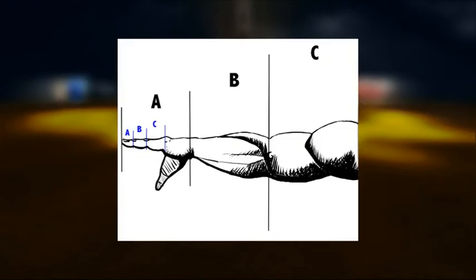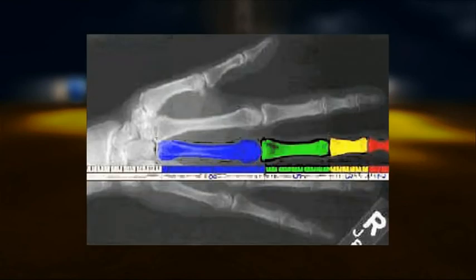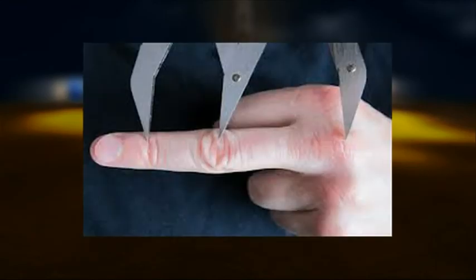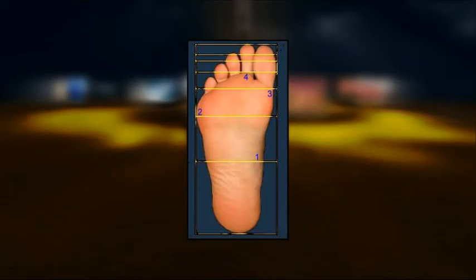Because God designed arms to be not only very efficient, but very beautiful as well. Let's look at an X-ray of a hand. There are 5 separate divine ratios in that X-ray. Let's look at fingers. There are divine ratios there. You can do that yourself. You can measure from your knuckle to the second joint and the knuckle to the first joint, and you'll find it's pi, 1.168. You can do the same with your foot. You'll find it a bit difficult lifting your foot up and measuring it, so maybe you want to get somebody else to do it. But let me tell you, your foot is full of divine ratios.